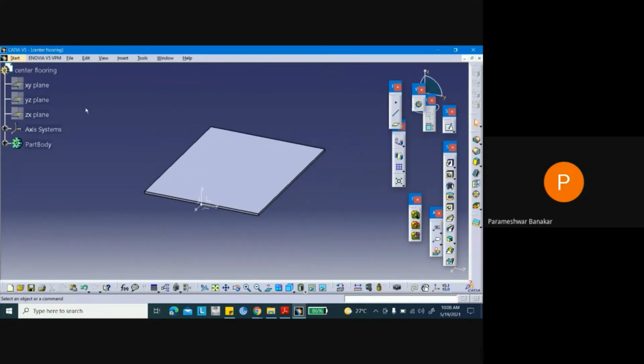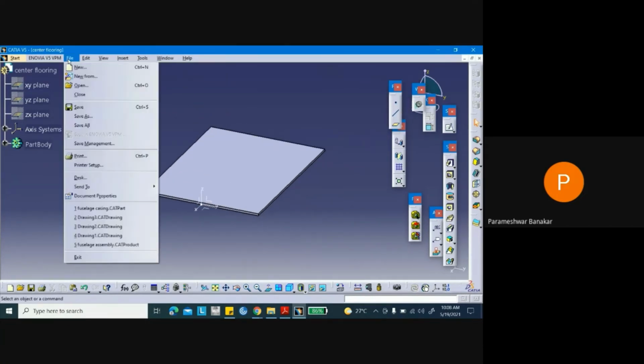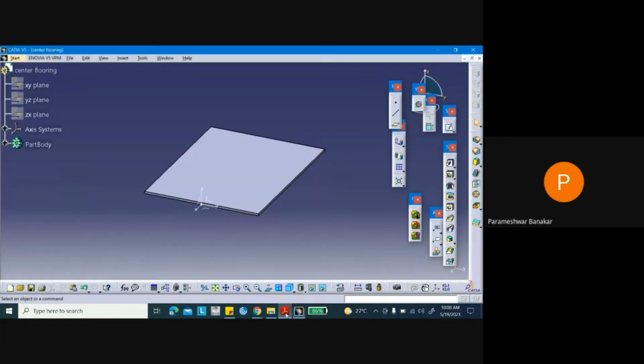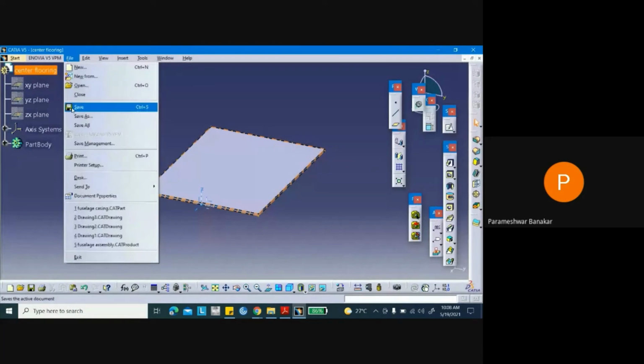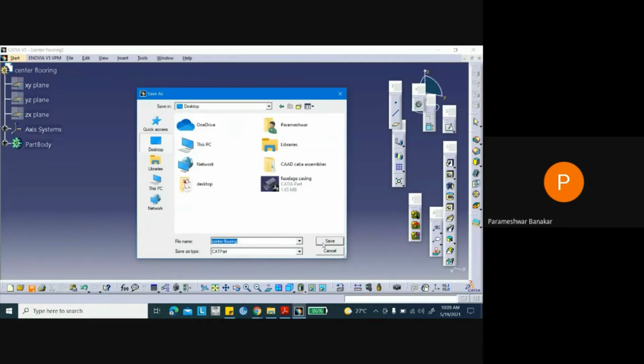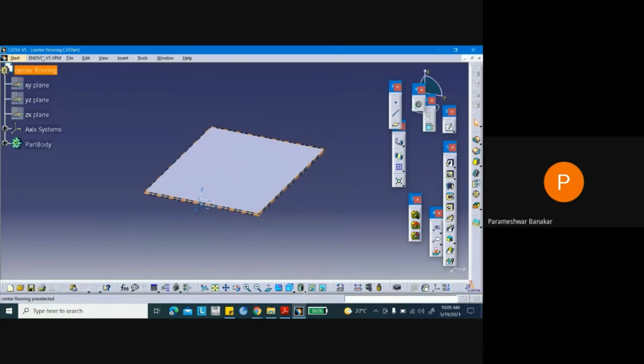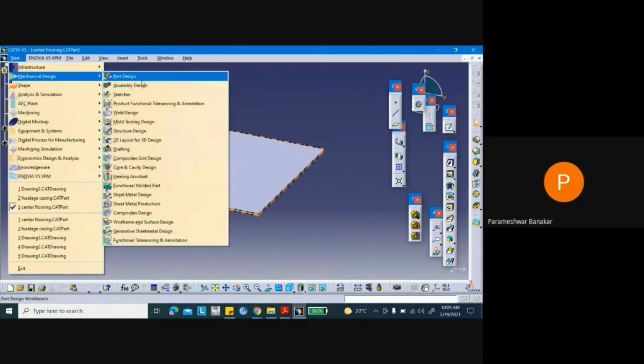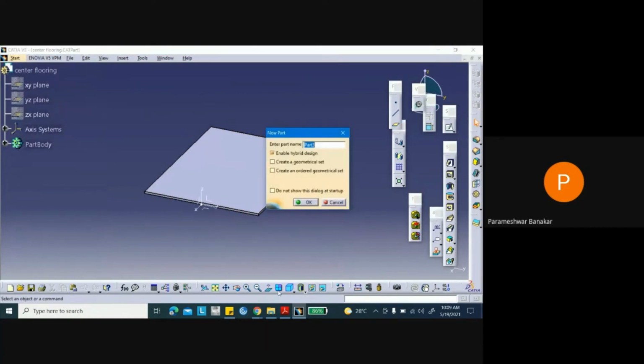So this is done. Go to File, save this. Center flooring is there. I will save it on desktop only. Save this. So next, start, mechanical design, part design, part 3.